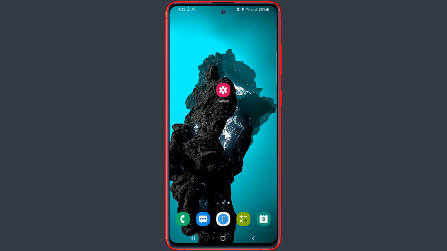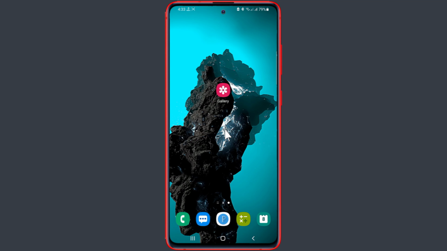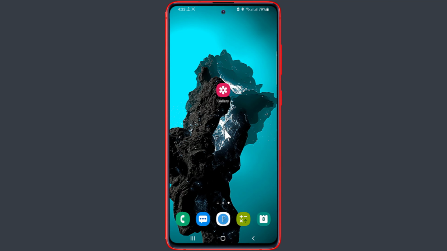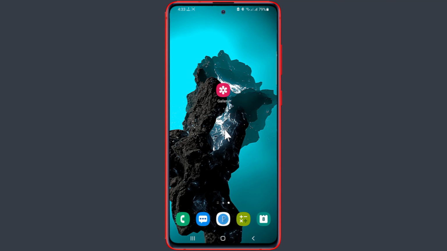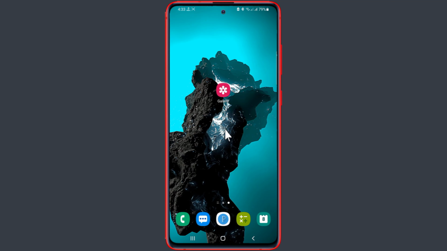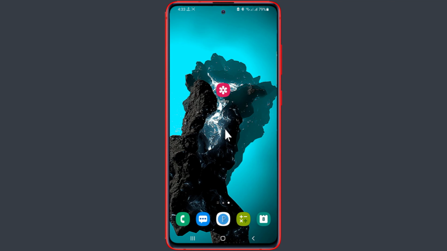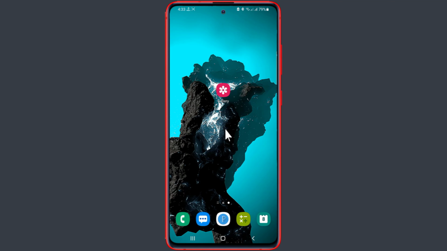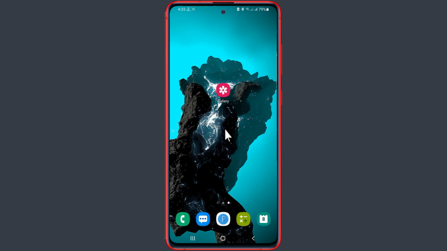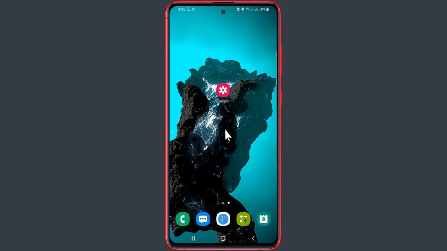In this video, I will show you 2 methods to recover deleted photos and videos on Android phones. So let's get started. Method 1. Android Recycle Bin. Most Android phones have a hidden recycle bin for deleted photos and videos. Here is how to access and recover deleted photos and videos from the recycle bin in Android phones, like Samsung